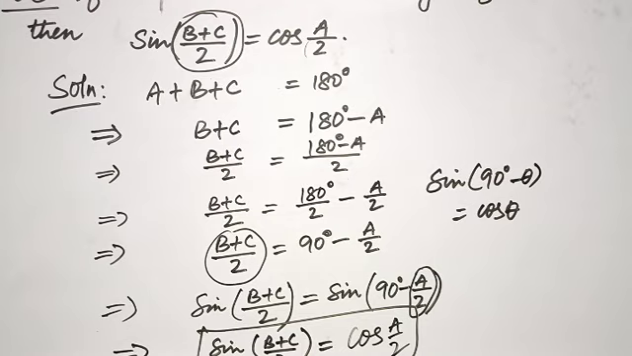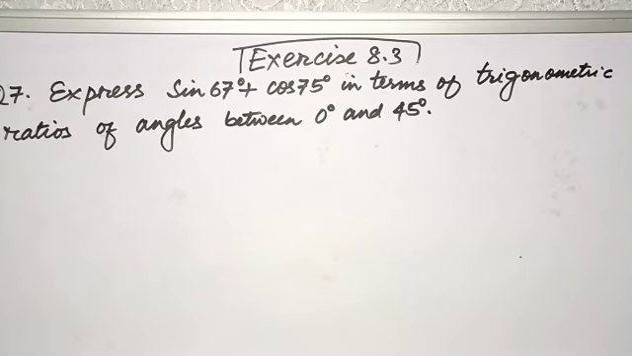Let us solve one more question of this exercise, and this exercise will be over. This question number 7 is going to be the last question from this exercise, and question number 7 says express sine 67 plus cos 75 in terms of trigonometric ratio of angle between 0 and 45. This same kind of question has been done just before in the example itself, and you know how to reduce the value of some bigger angle into a smaller one, that is 0 to 45, and the question is